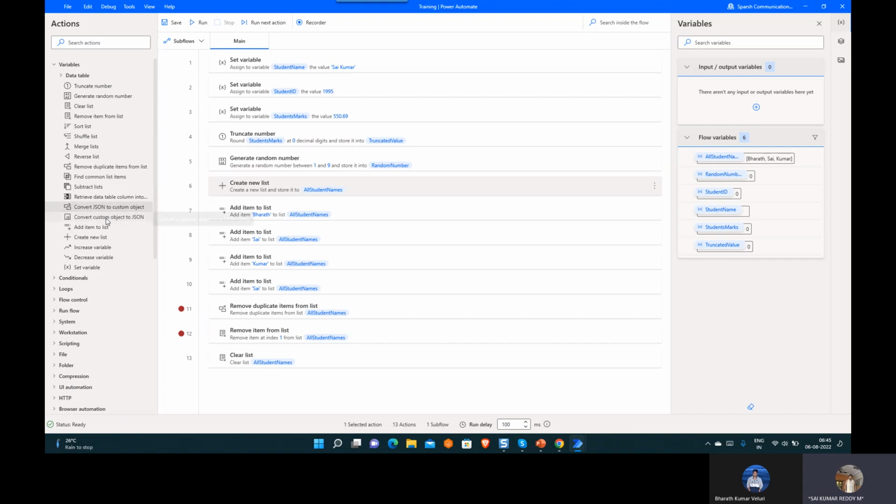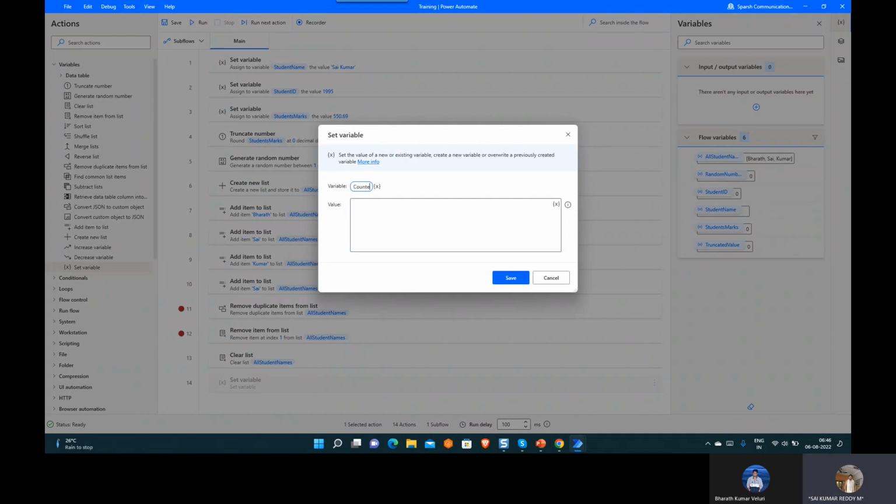We'll discuss this when we talk about objects. And add item, we have already discussed. Create list is the first action you need to use to create any list, and add item and all these actions will be done on that particular list. And increase variable will be used whenever we have a counter, meaning if there is a loop, and for example, a counter variable starts with 1,